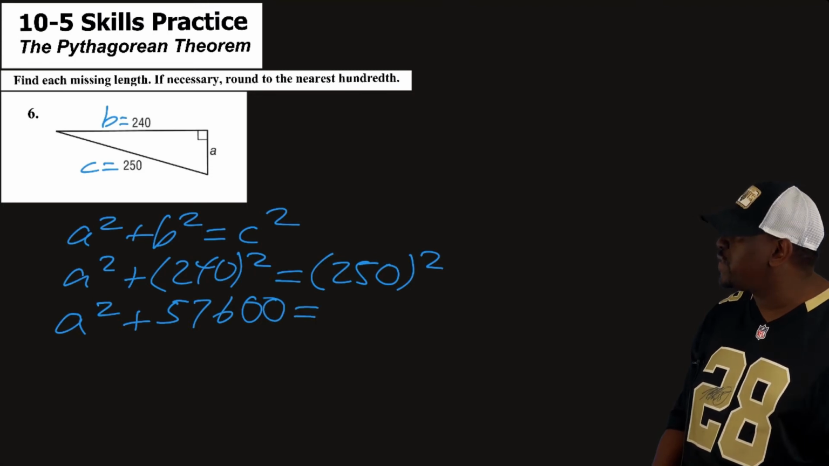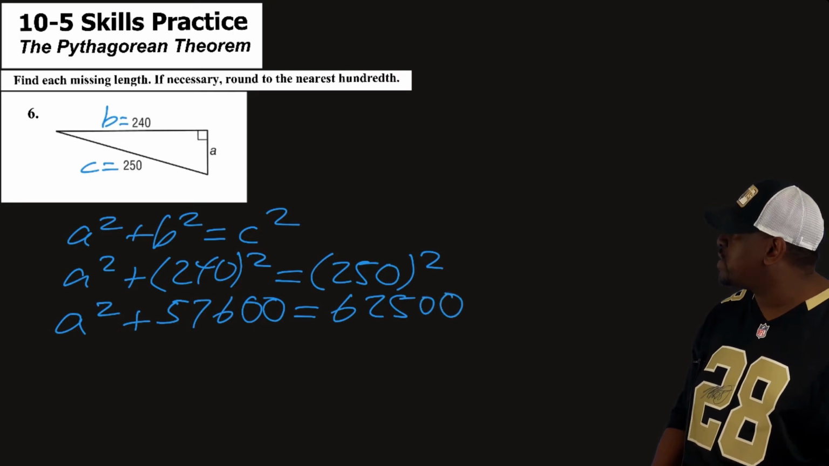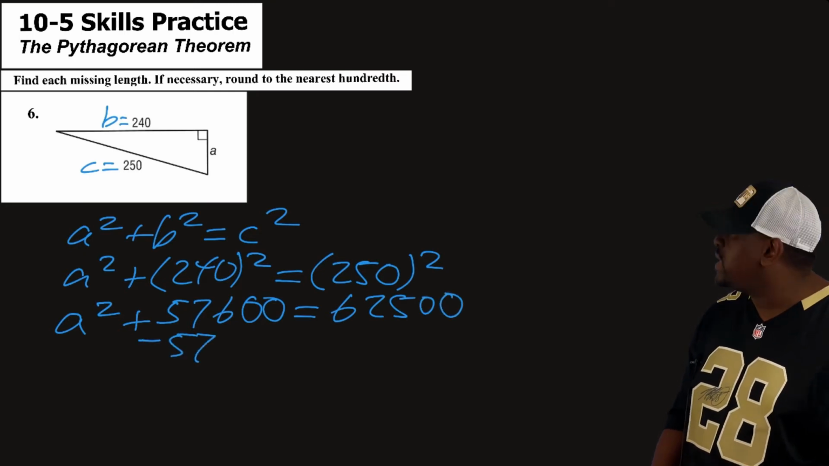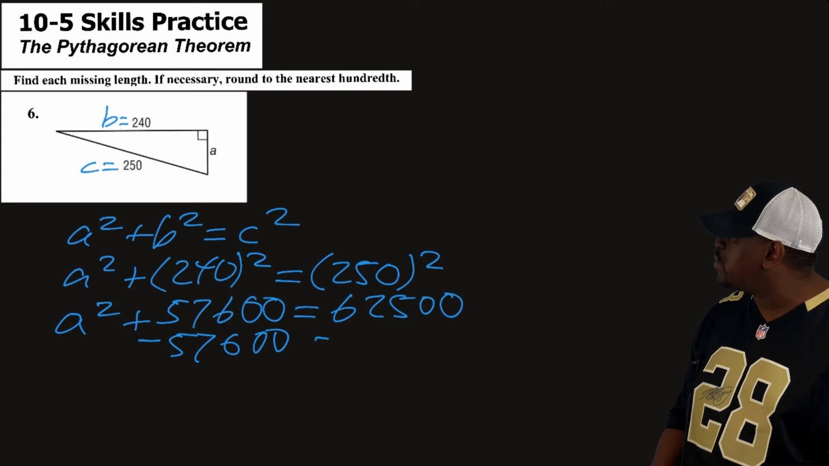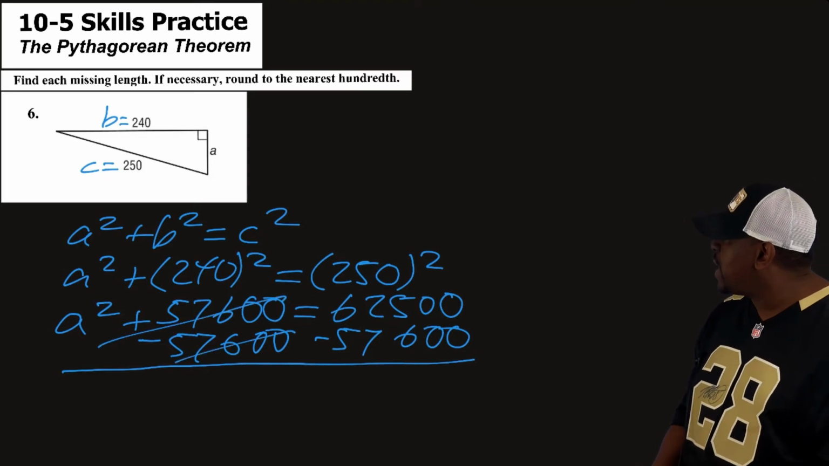240 squared is 57,600. 250 squared is 62,500. Now, to solve for A, we have to get rid of 57,600 by subtracting both sides by that, because it's positive. By doing that, we get A squared, and that will equal